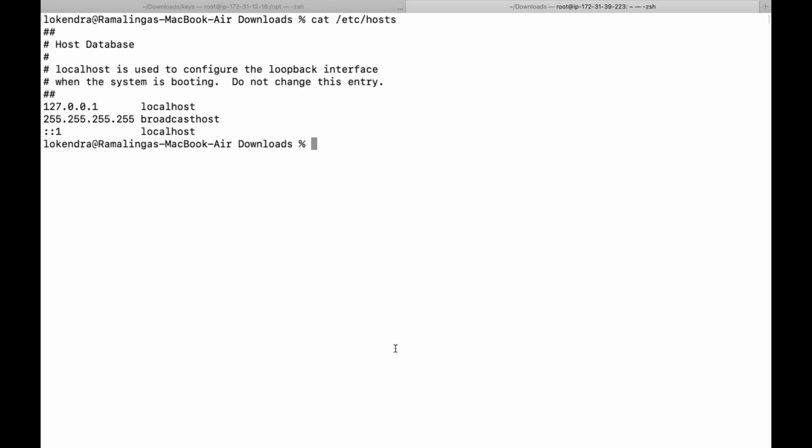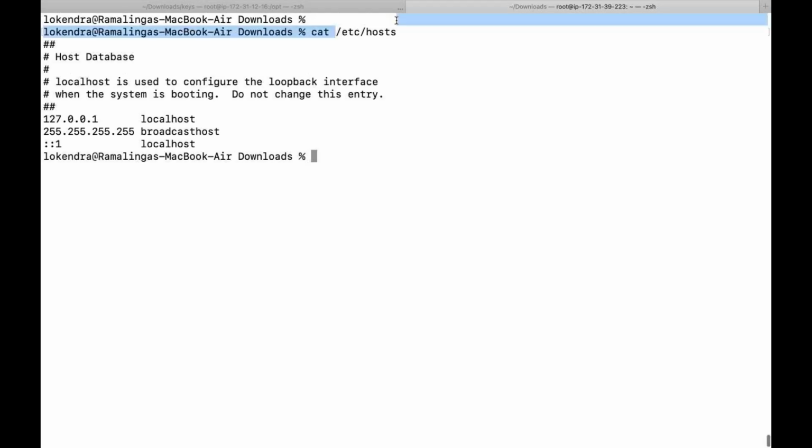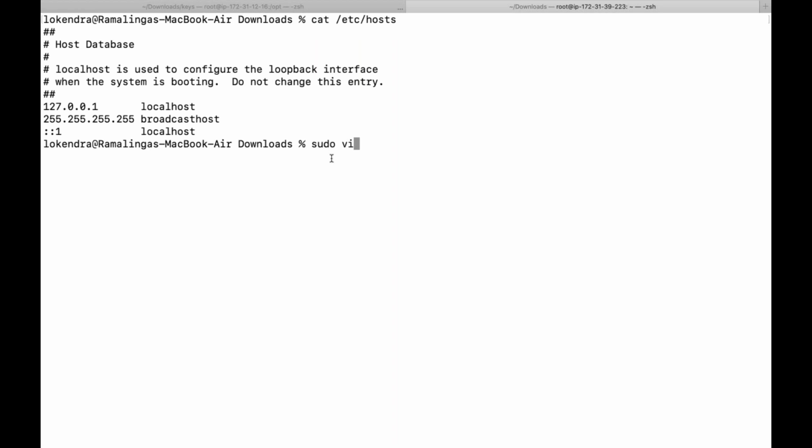Okay, so every system has an etc hosts file, whether it is Windows, Linux, or Ubuntu, whatever flavor it has. This particular file is used to point any specific server against your domain name. For example, if I want to edit this file and I want google.com to be redirecting to,